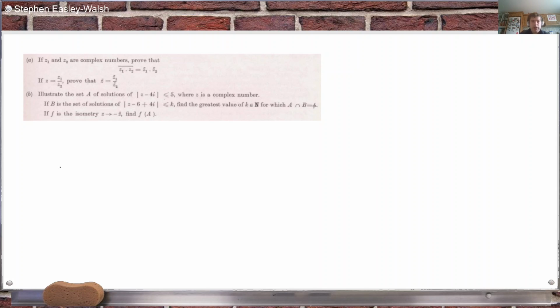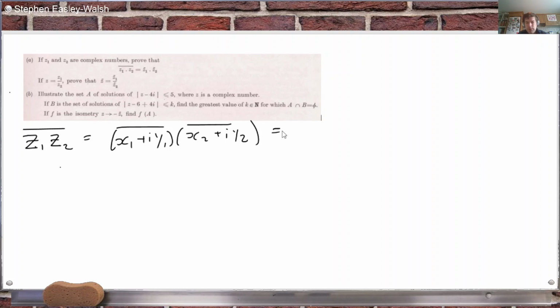Okay, let's have a look here at this question. What have we got? First, prove this. I think that was a proof in another exam. All right, so Z1, Z2 conjugate, that's equal to X1 plus iY1 conjugate times X2 plus iY2 conjugate, which is equal to X1 minus iY1